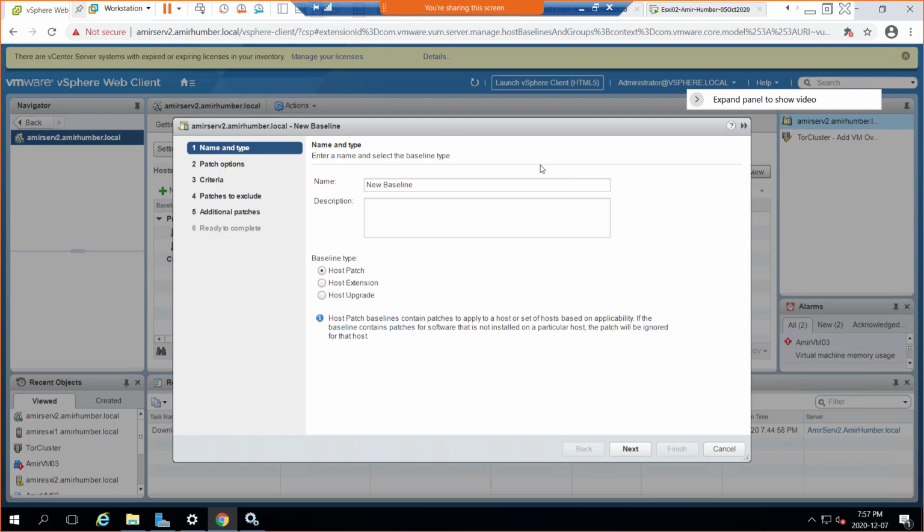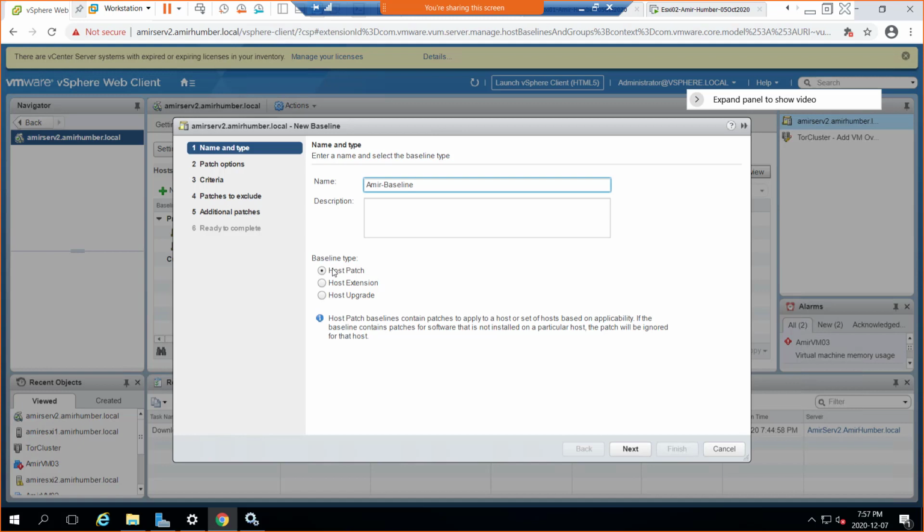Okay guys, once we are on the host baseline, hopefully you have put that name, your first name dash baseline. Then select host patch, which is already selected.